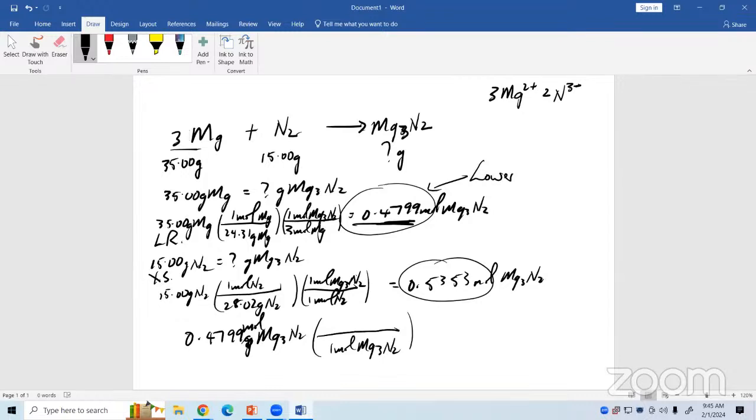So let me see if I can figure that out. Okay, so according to what I have here, the molar mass of magnesium nitride is, hold on 1 minute,